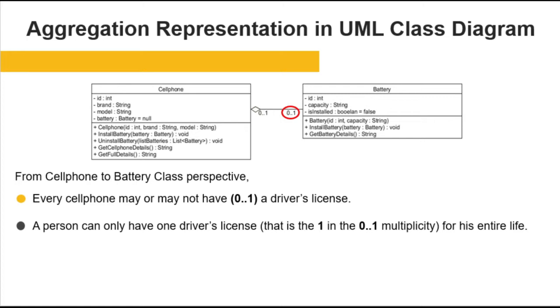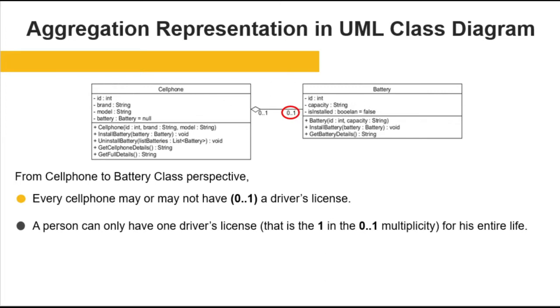At the same time, multiplicities such as 0 or 1 and 0 or 1 are used in this example. The relationship will be read as follows. So let us consider first from cell phone to battery perspective. Every cell phone may or may not have a battery, and that is the 0 or 1 from cell phone to battery as shown